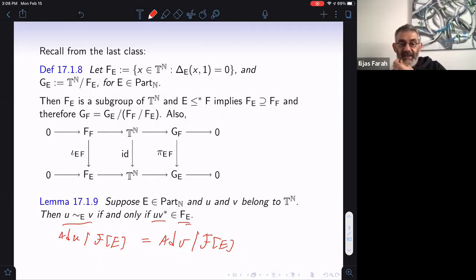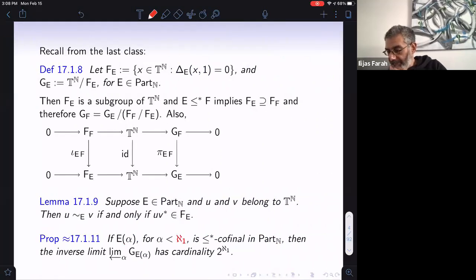And as I said, this is actually an easy consequence of a theorem of Popa, but the theorem is quite deep, so I didn't want to use it. And now from here, we proved the following. This is not how I stated it last time, but this is the formulation I'll need this time. If you have a family E alpha for alpha less than aleph 1, these are families of those partitions of natural numbers into finite intervals. If it is less or equal star cofinal, then this inverse limit of these groups GE